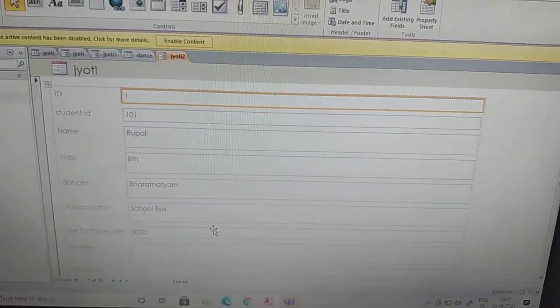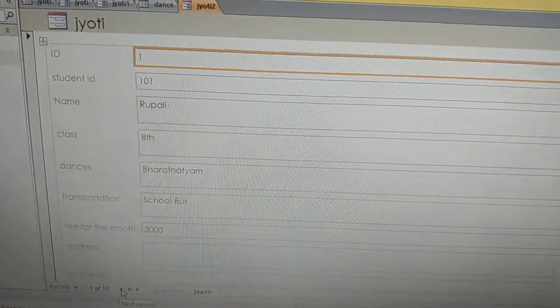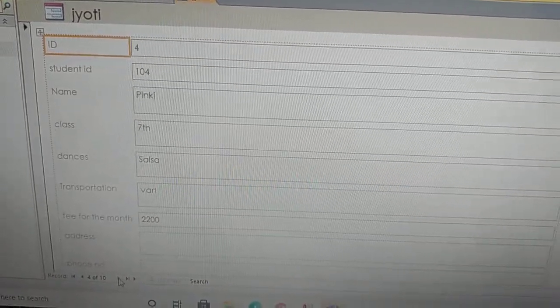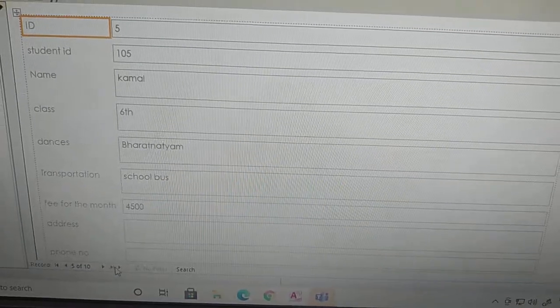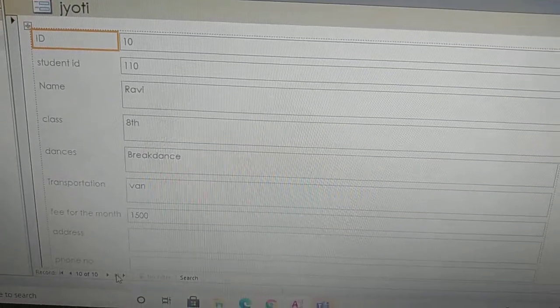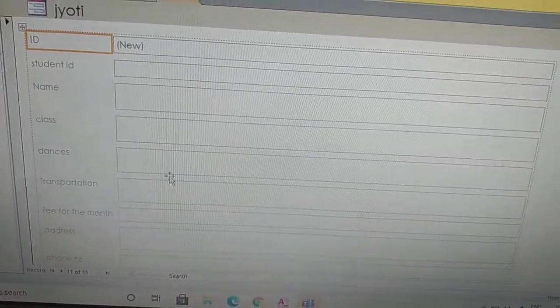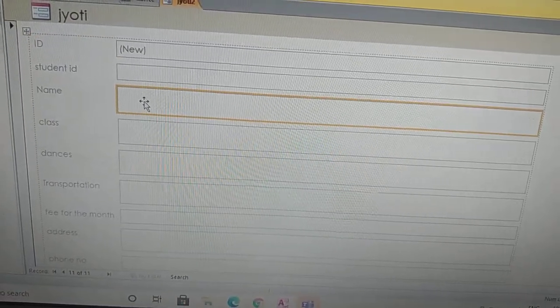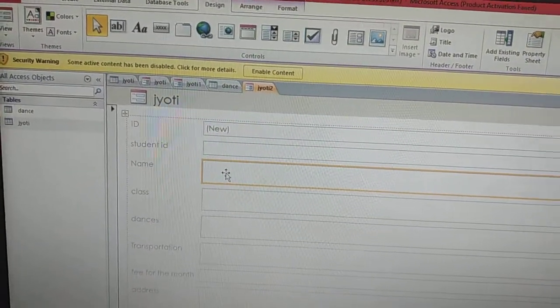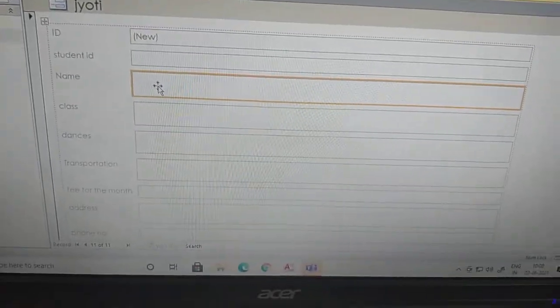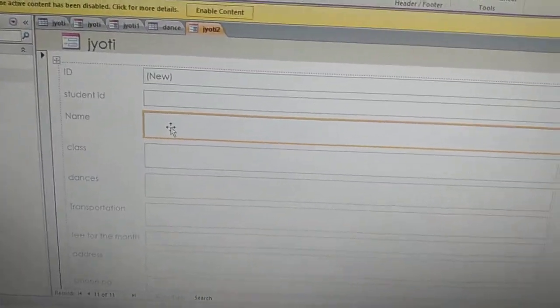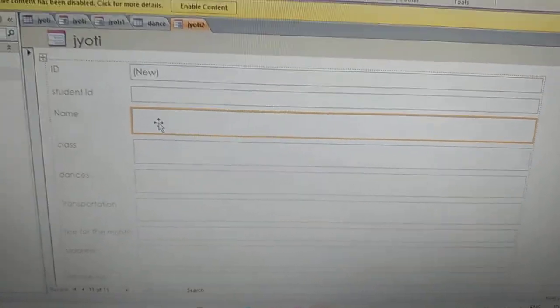Now the next topic is how we can move through the records. This is the first record. Now you can go to this option, next record, फिर next record, फिर next record. You can go to the last record जैसे ही आप click करेंगे. And if you want to enter a new blank record, you will click over here. So you can see that the blank boxes are shown here. ठीक है. So इस तरह से we can edit and we can add new blank records. So this is how you will move through the records.